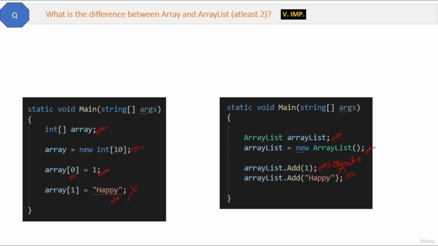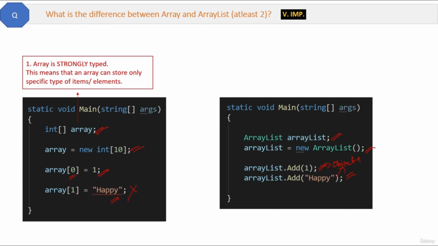So the first difference is that an array is strongly typed. This means that an array can store only one type of elements, like here we are storing integers. Either integer or string, only one type, no mixing. Whereas an ArrayList can store any type of elements. See here in the ArrayList, no type is mentioned and we can add integer and string